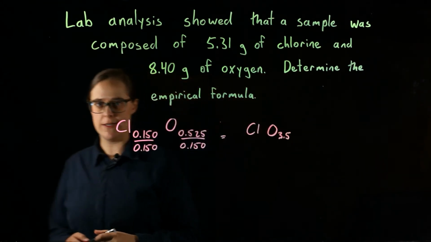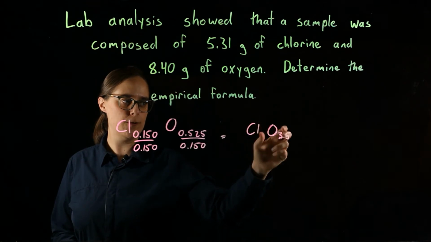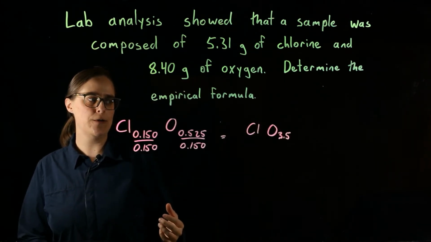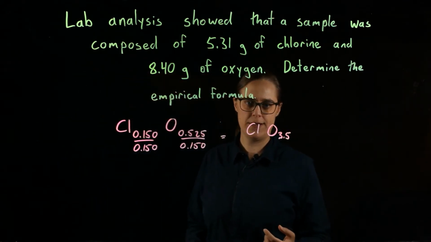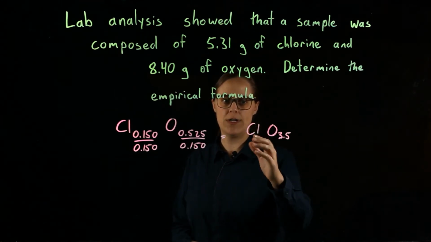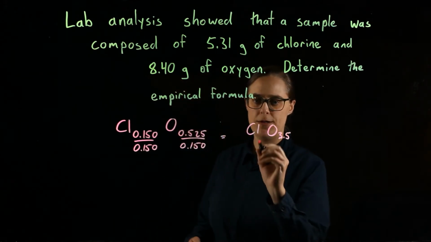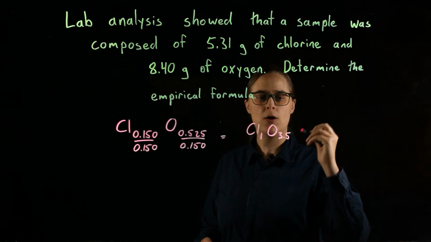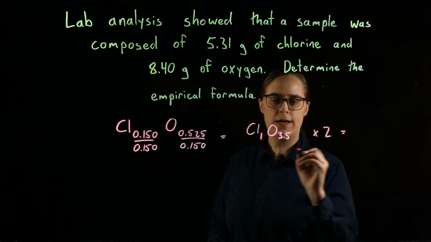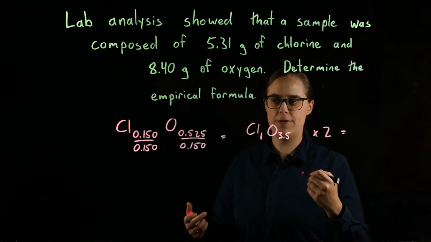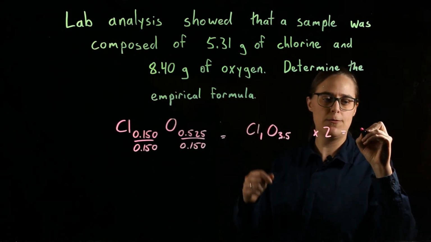We have a different formula. This is still not a proper empirical formula, but we still have chlorine and oxygen in the right ratio. They're just not lowest whole numbers. But when I am comparing 1 to 3.5, it's a lot easier to figure out what I might need to do to both of these numbers to convert them into their lowest possible whole numbers. I'm going to go ahead and write this subscript 1 right now. What I'm going to need to do is multiply both of these numbers by 2. I am basing that on the fact that I have a 0.5 and I want to turn it into a small whole number. So multiplying both of these by 2, I would get